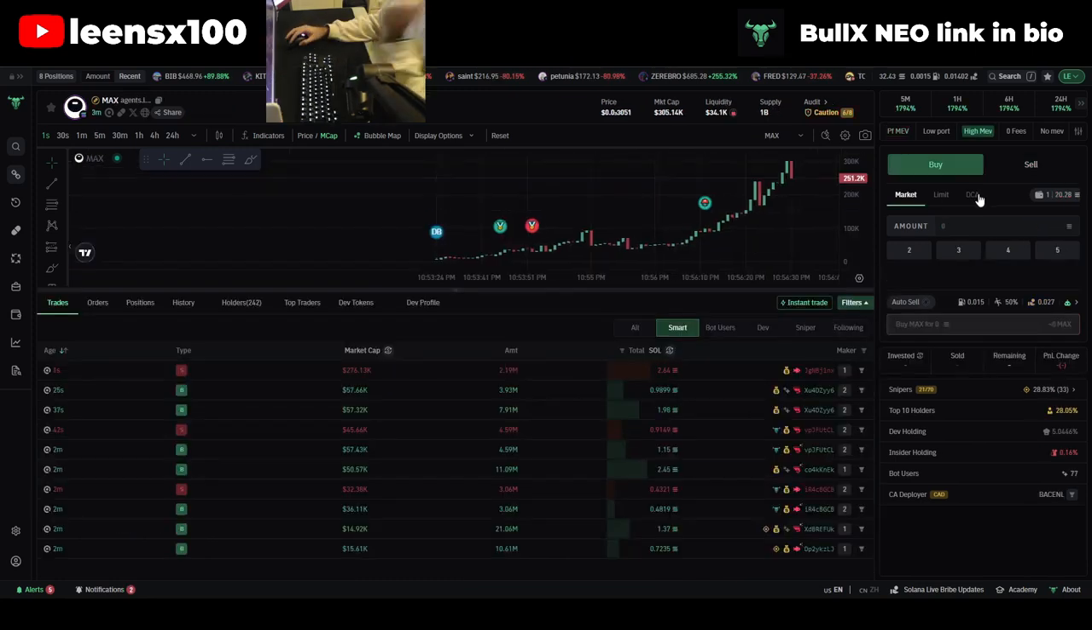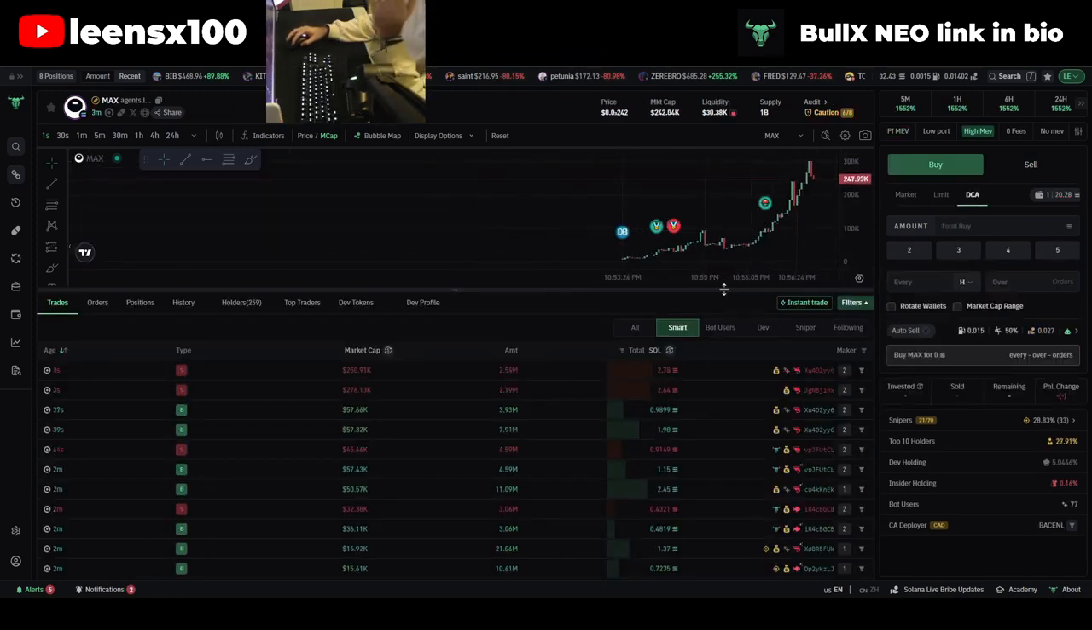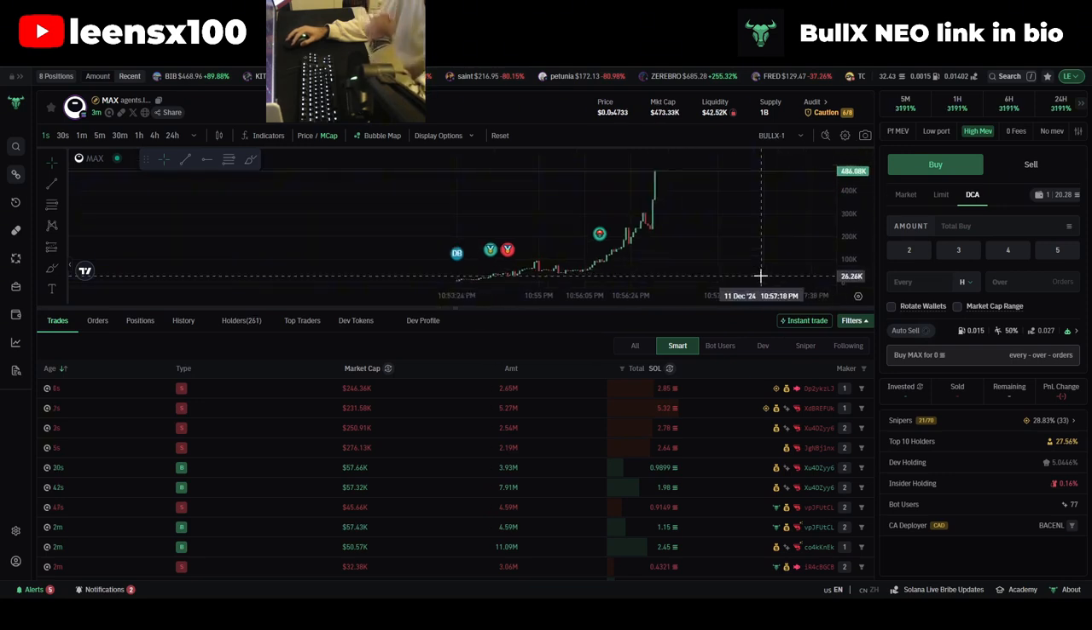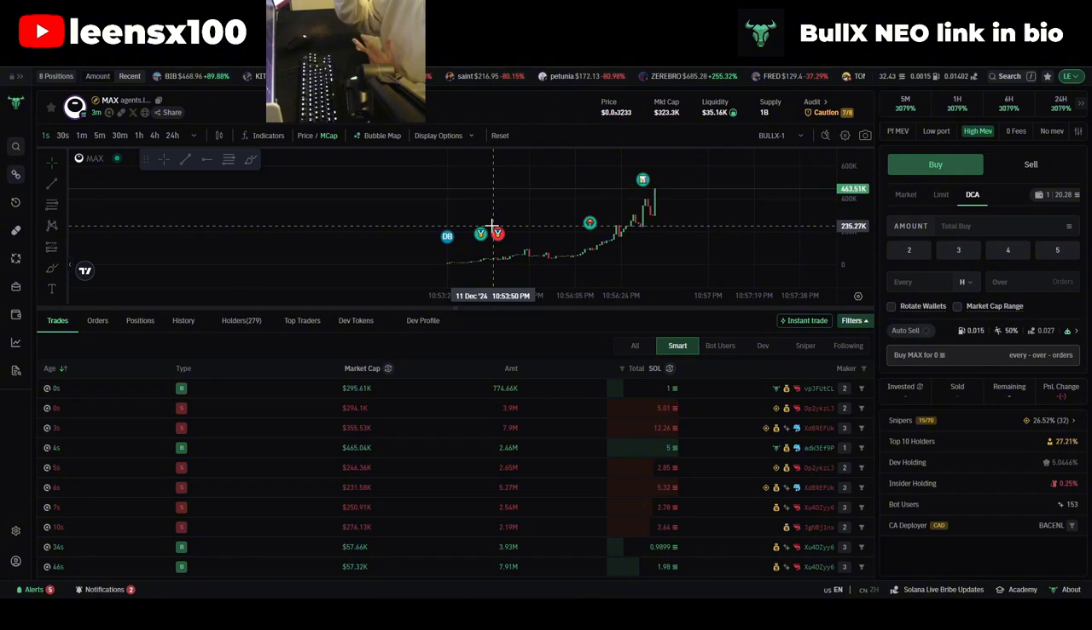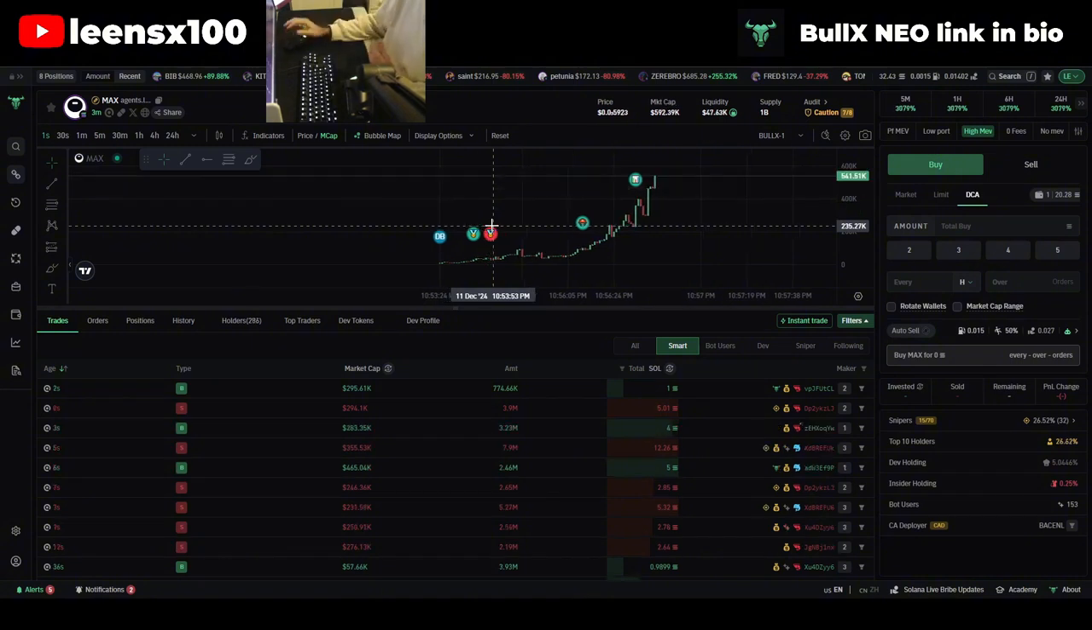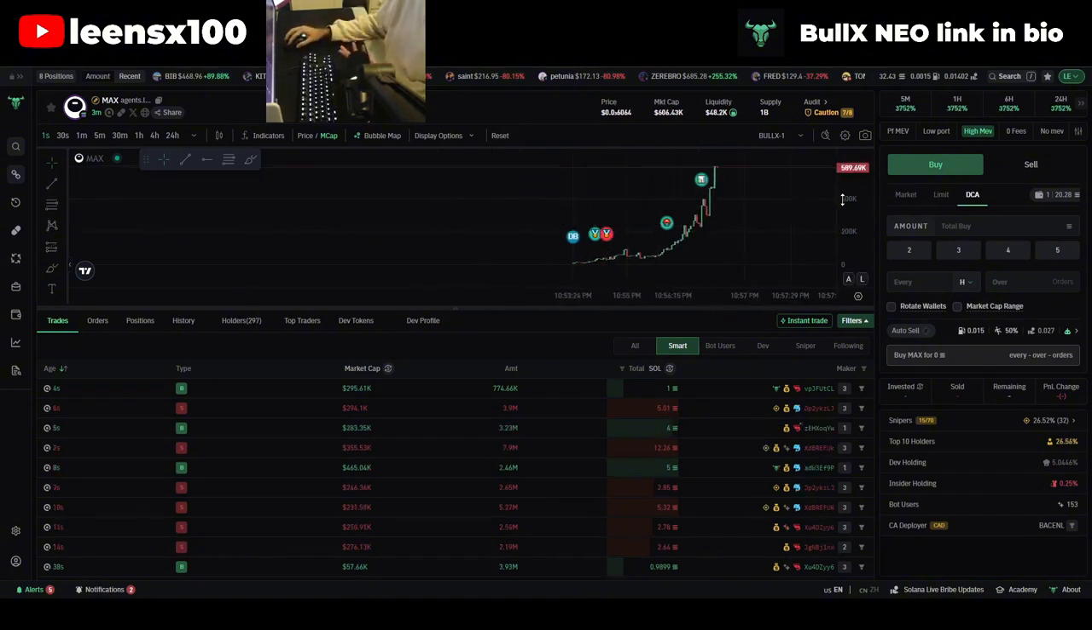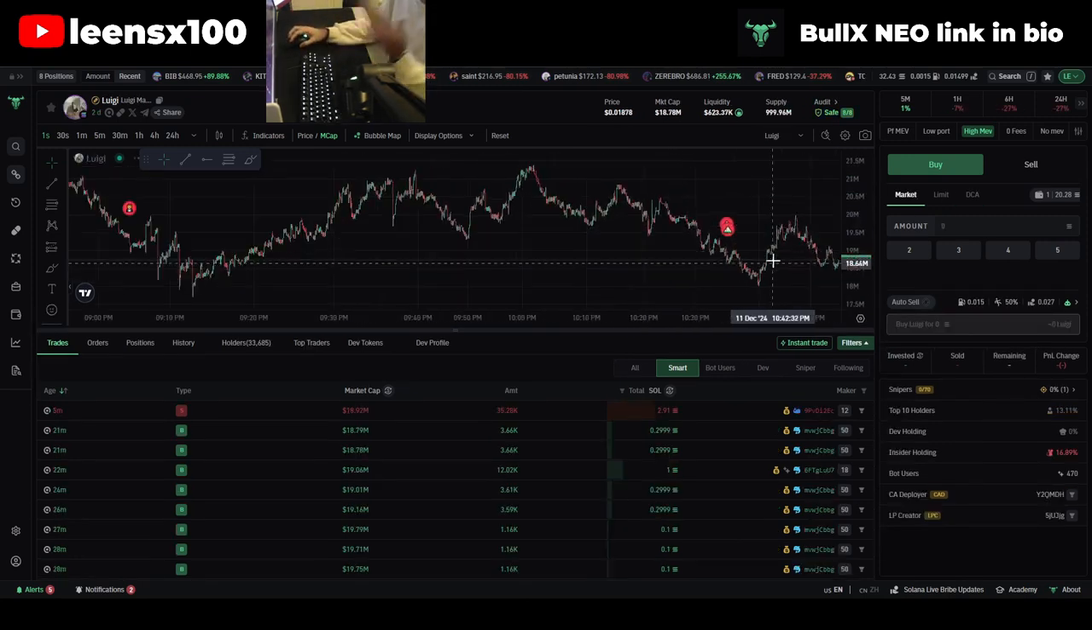We also have DCA. This is something really interesting to actually do DCA orders. That means dollar cost averaging. This token is actually going crazy. I just saw this right now, and people are buying crazy. And I'm just missing my opportunity here. It's going to 600K, and I didn't buy this token. I don't know. And if I wanted to DCA in or DCA out of Luigi, I would go to the